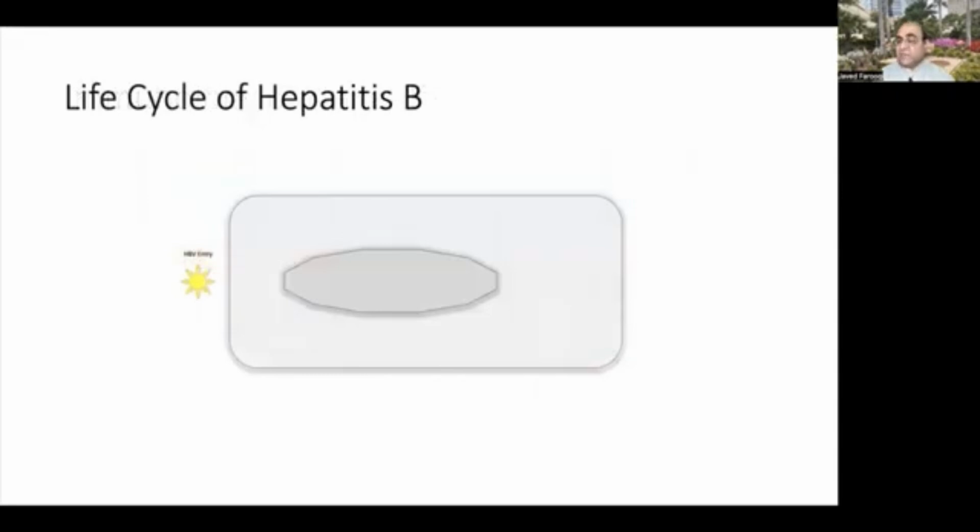This is the life cycle of hepatitis B. This is the hepatocyte, and this is the nucleus. When the hepatitis B virus reaches the hepatocyte, there is entry. It leaves the surface antigen outside, and the nucleocapsid enters the cytoplasm. Then it traverses the cytoplasm and enters into the nucleus. There the relaxed circular DNA is converted into covalently closed circular DNA, cccDNA, and then there is transcription into messenger